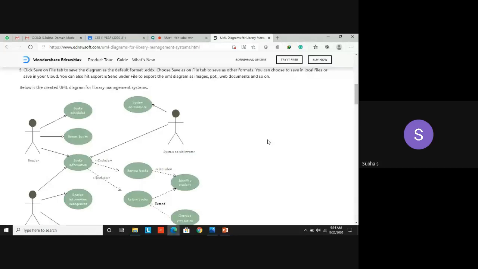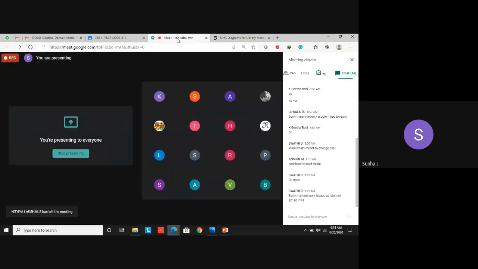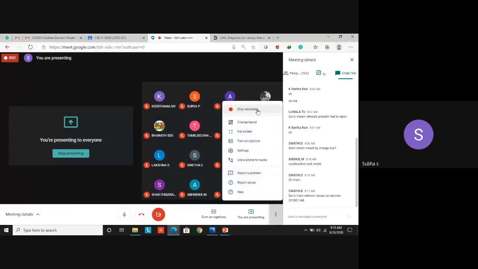You have practiced in Argo UML, but for this OOAD lab related things, we are going with another software called Rational Rose. Yes, Rational Rose, ROSE. ROSE stands for Rational Object Oriented Software Engineering. It's a tool that is used. We can generate, just you have to drag and drop the actor, use cases and all. So this is the use case diagram. Similarly, you can draw the other diagrams. Okay. If you have any doubts, you can ask.